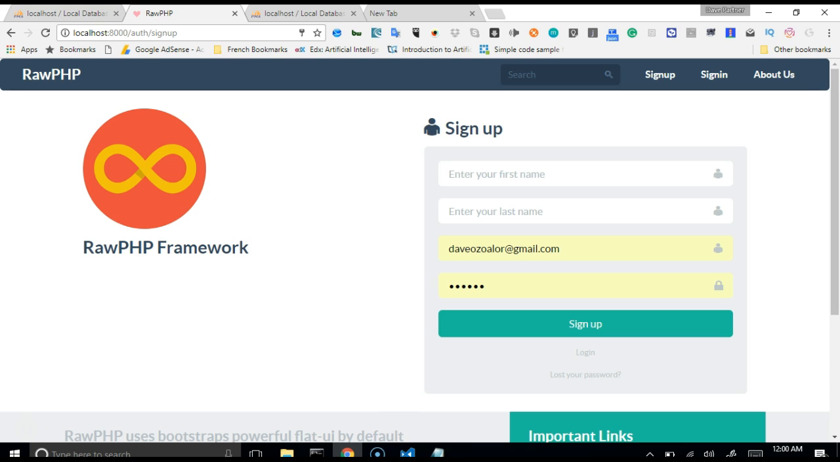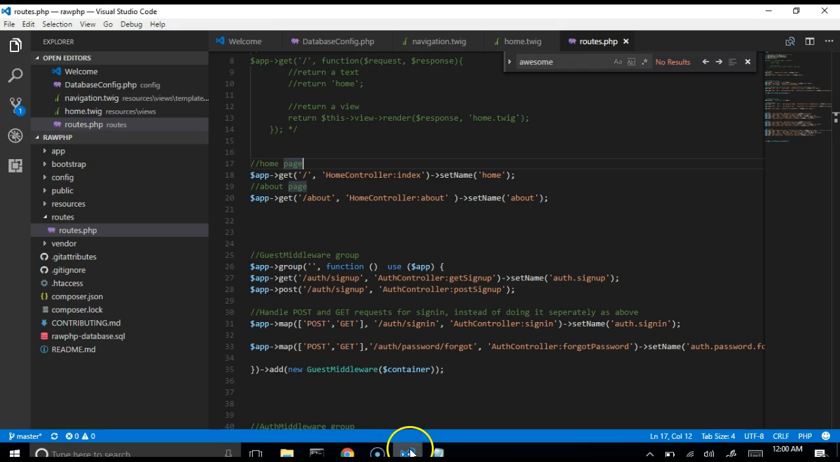So we'll go to our routes page, and we're looking for something that deals with auth sign up. As you can see, /auth/sign up. This is the route that handles the display of the sign up page. As you can see, it's a GET request. So when somebody visits this via GET request, it should go to auth controller and handle what is in GET